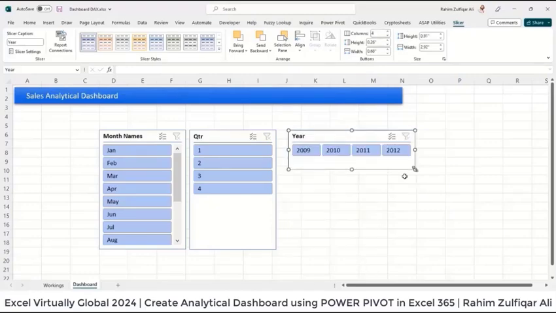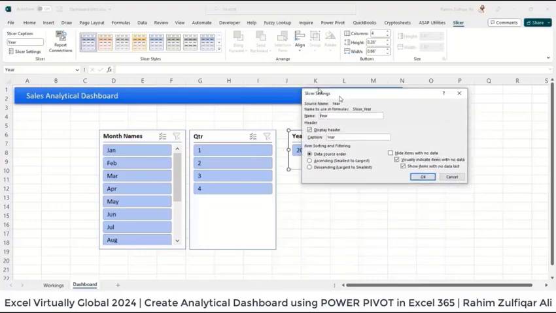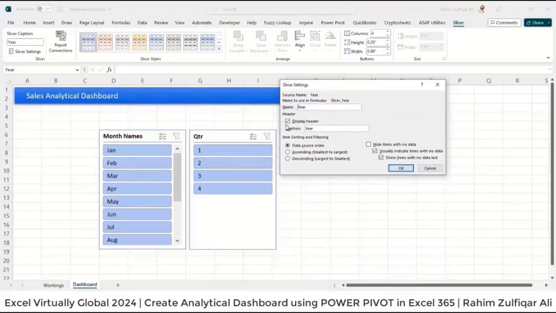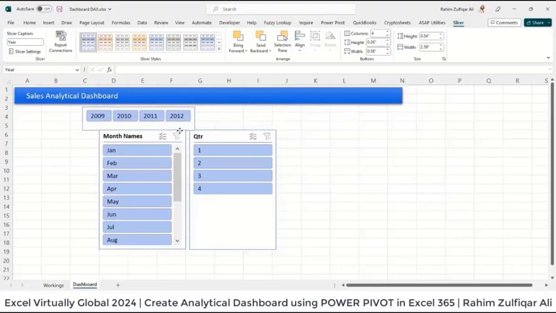We can just resize. We don't need the header, so I will just right click. I will go to slicer settings on the bottom, and from this window, I will just uncheck the display header. Okay, and I can just resize it again and I can place it in the proper place where I want,